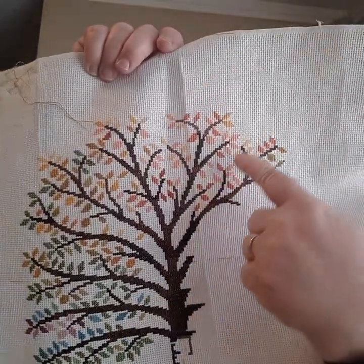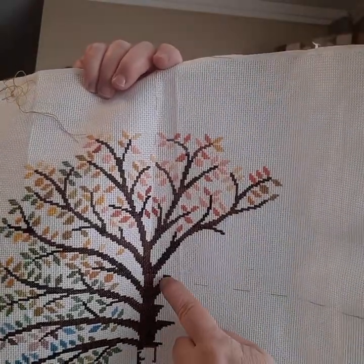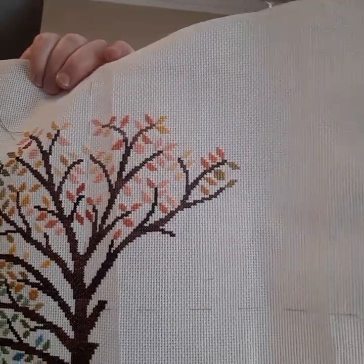I did get a lot of August on here pretty soon. Well, now it's September. I'll have to get my September branch going. But this is just on 14 count white Aida. And that's my temperature tree. It's coming along nicely. And the other WIP that I have is my tiny Modernist cross stitch, the Moon Phase